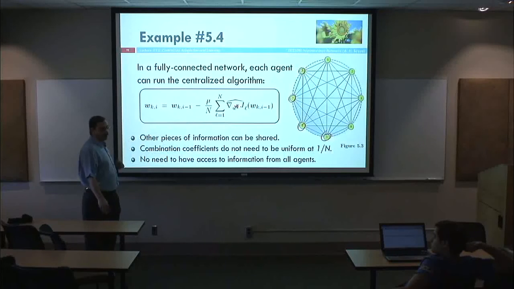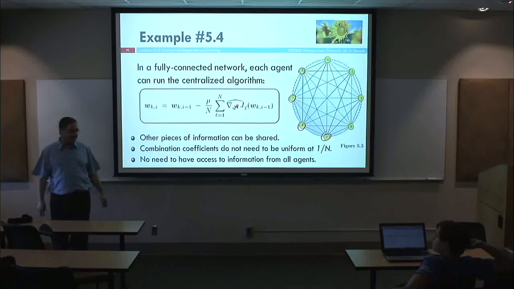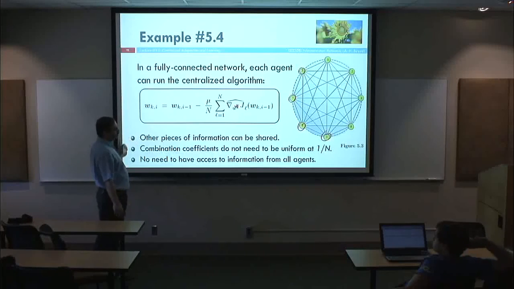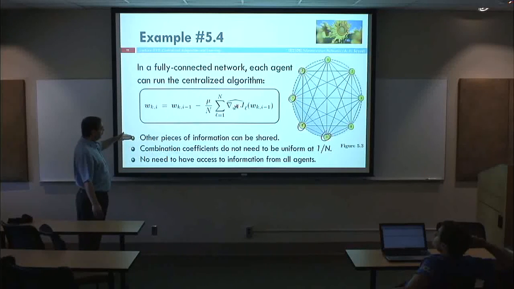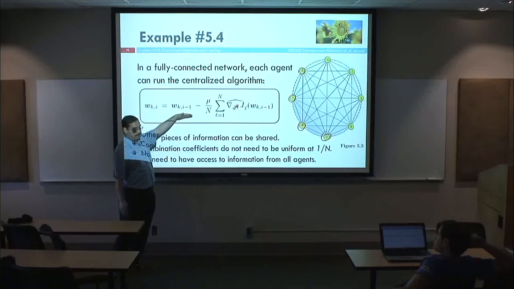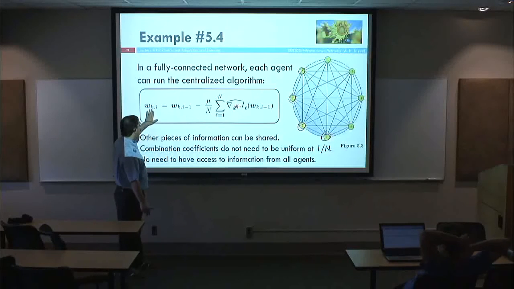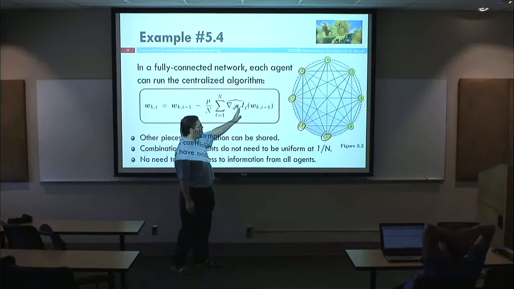So this is one item we'll be discussing when we talk about processing over networks, right? What information you share is important, right? And you may not need to share as much information as you have in this case, okay? Number one. Number two, you can see that what agent K is doing, it's combining the information that it receives